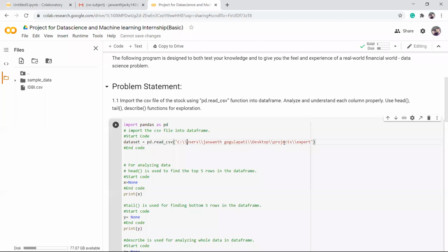If anybody has any queries, you can post in the group and then we will help you out. So go through the description. First of all, team up, guys. Try to work together as a team, and if you team up, then it's a matter of one or two days. We need to complete this week.